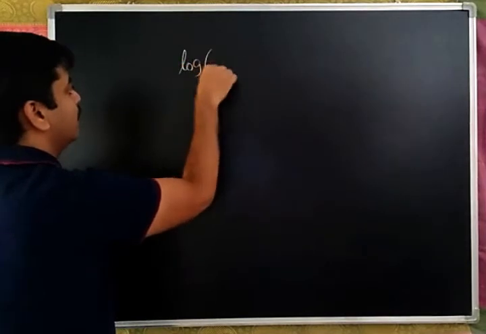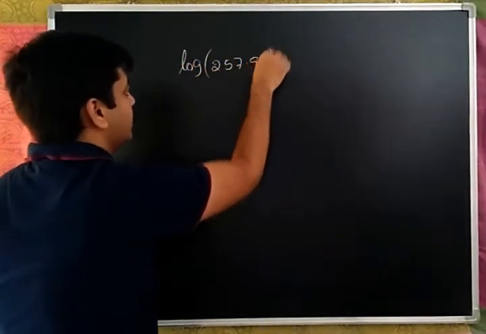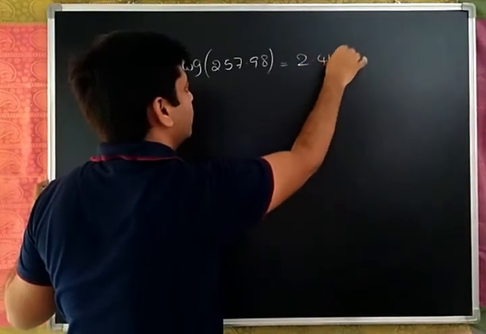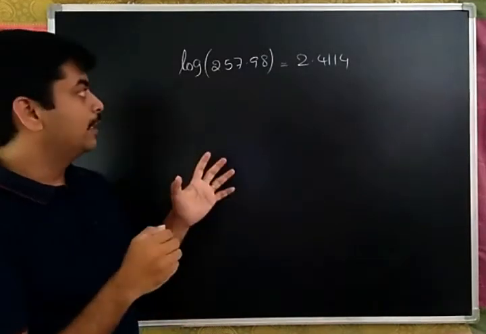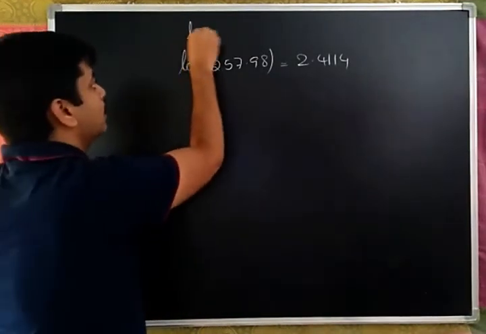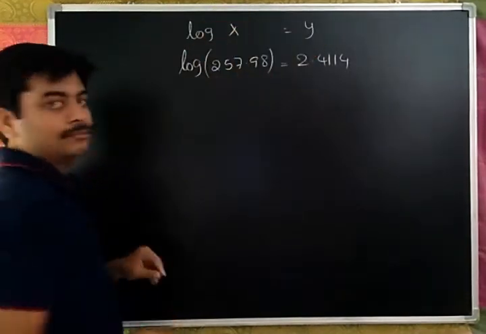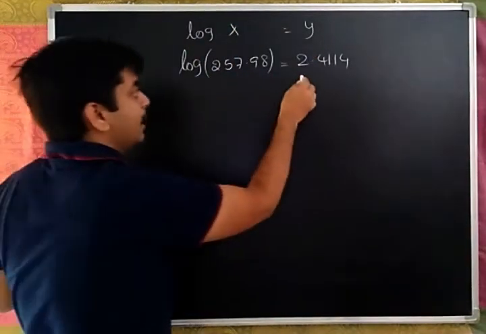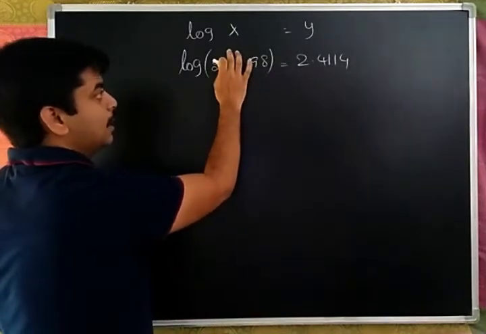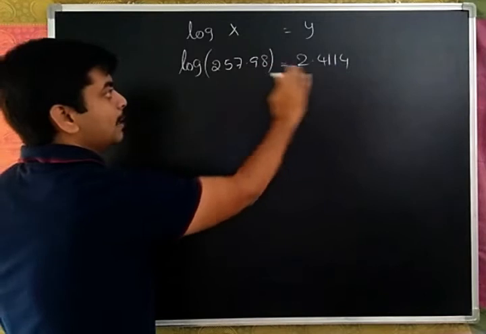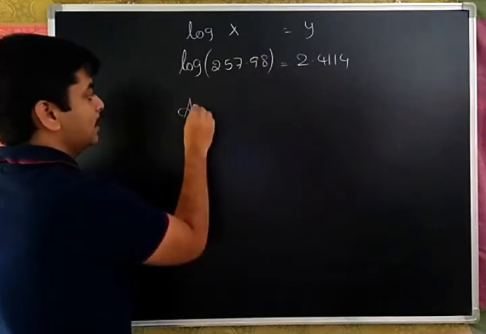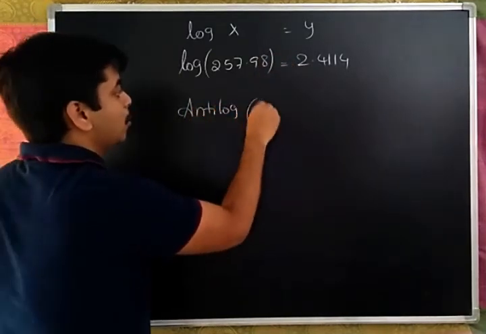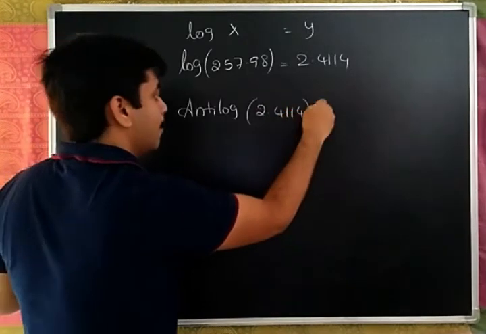See here. In the previous class, we learned how to find the value of, let us say, log 257.98, which we got as around 2.4114, if I am not wrong. Now what an anti-logarithm is: logarithm of x is equal to some value y. Now I want to find for what number the logarithm is 2.4114. So the logarithm goes to this side and becomes anti-log. So anti-log of 2.4114 will be